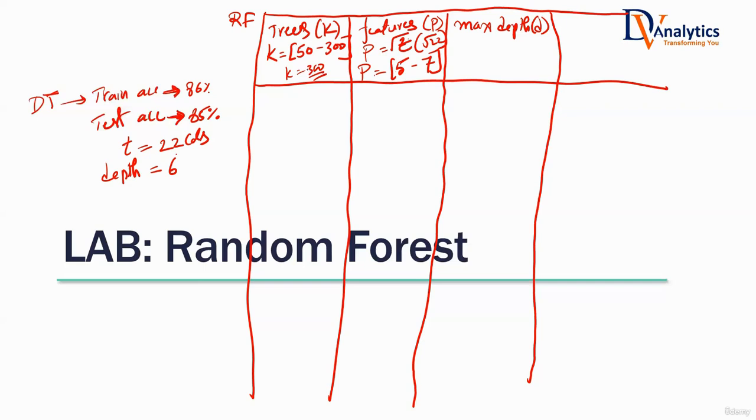What you need to do is fix one depth for all the trees. Inside the random forest, you choose one depth for all the trees. The suggested value of depth D is around 50% more than the single decision tree. So in this case, D can be picked as 6 plus 50%. How much is that? Either 9 or 10.